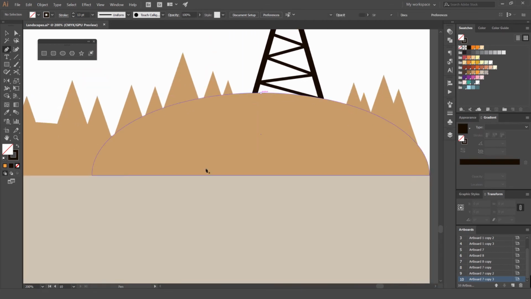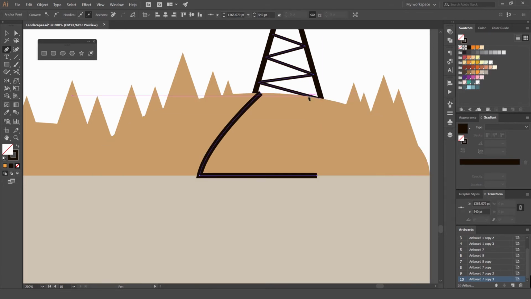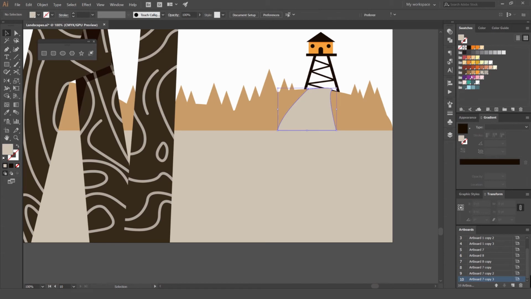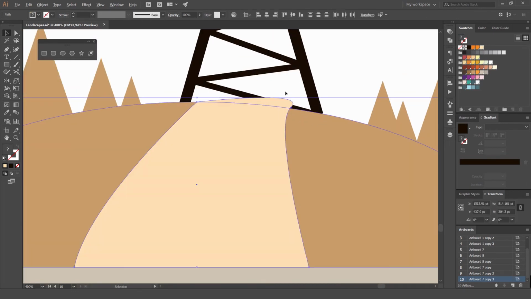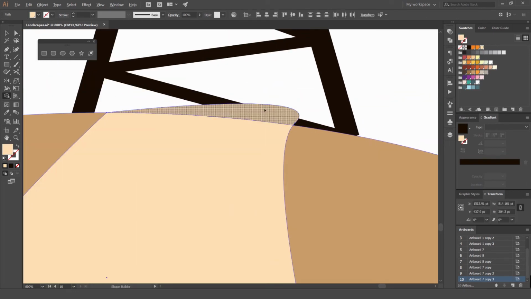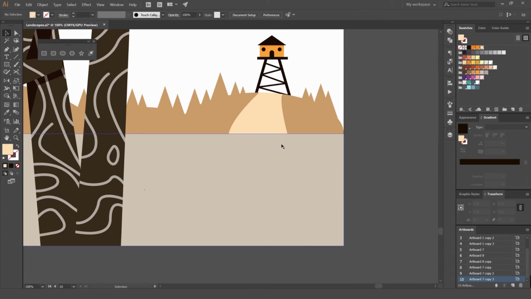And then we can add a path. Just using the pen tool again. Just clicking and dragging. Adding a nice curve. Connecting it. And then just select this cream color here. Once again, I want to select this. Press Shift M for the shape builder tool and then minus that off. And then we can just connect the path